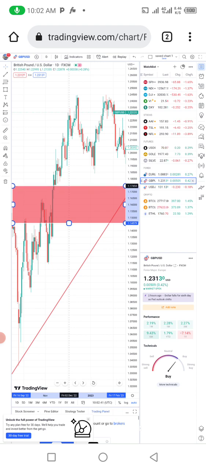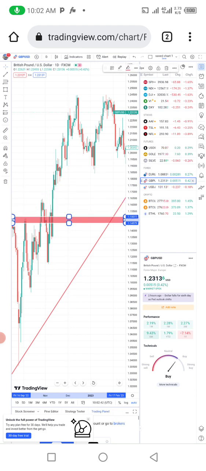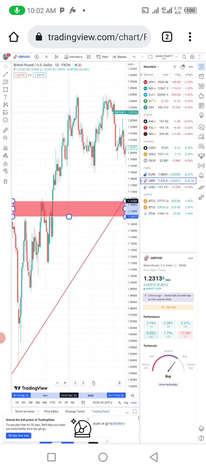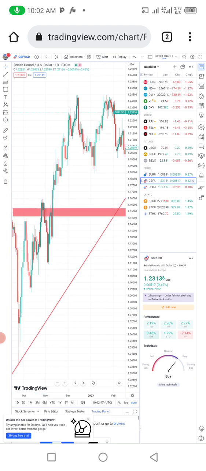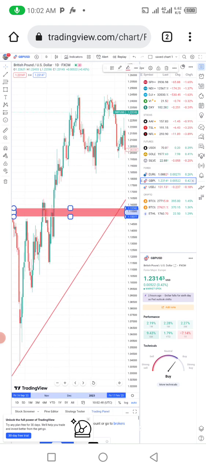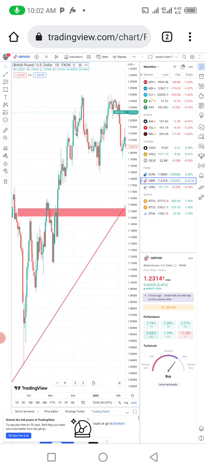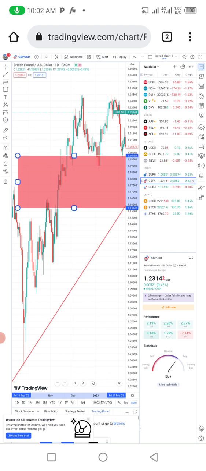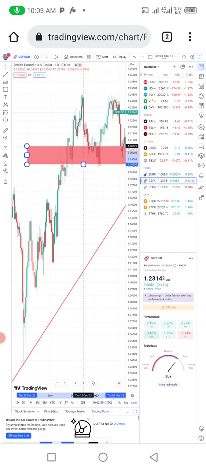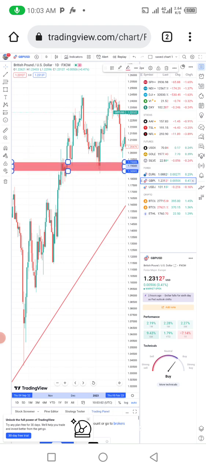And you see the daily time frame. This area here is an area of what? Demand. This is an area of demand. So assuming I want to buy here,